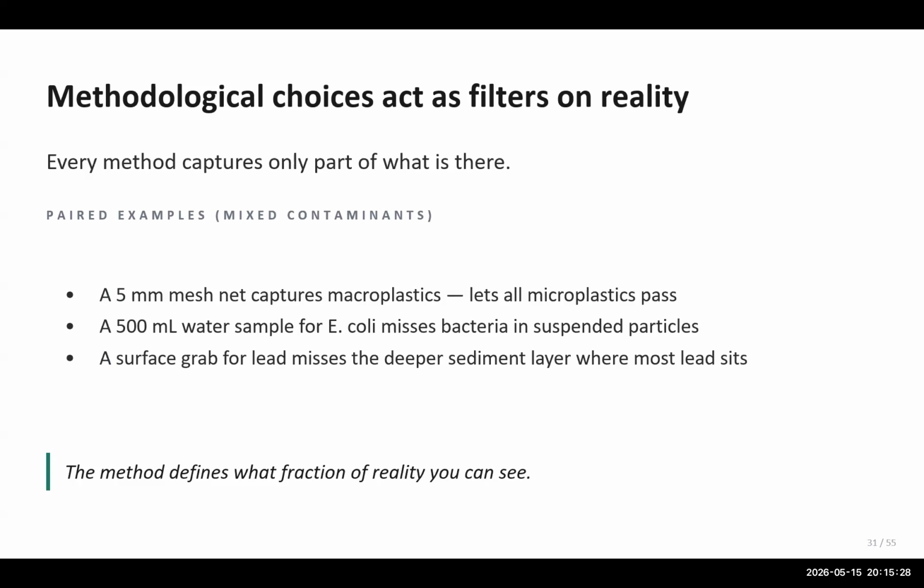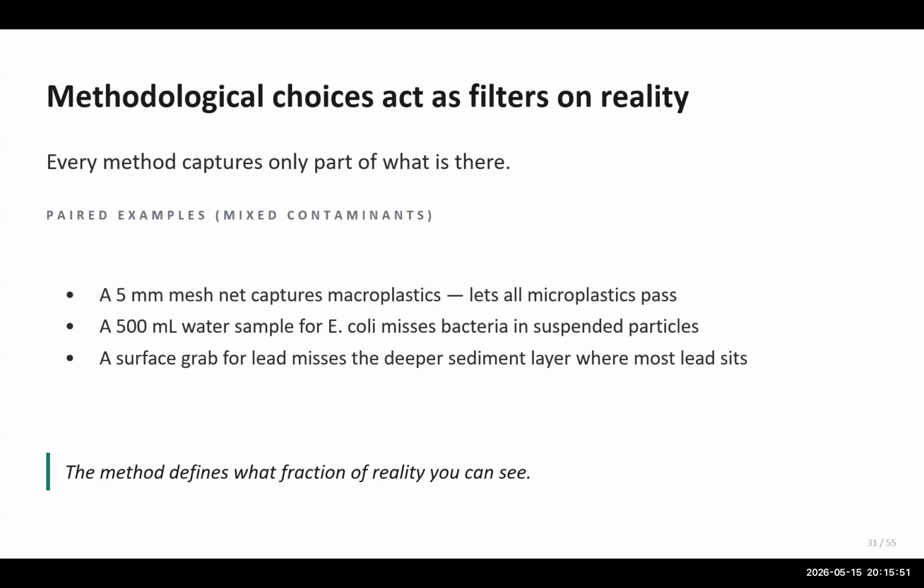So, methodological choices act as a filter of reality. Think of your method as a filter, okay? It would only capture part of the reality in the environment. We have three examples with different contaminants. For example,